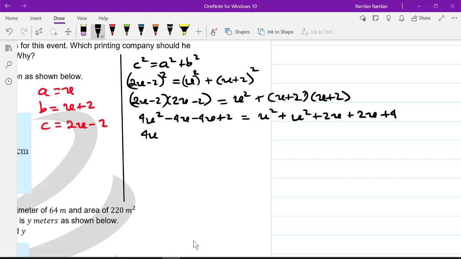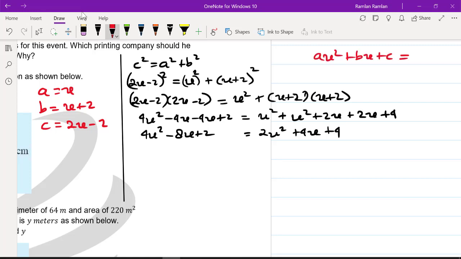So this one on the left side becomes like this, and then on the right side we have 2x squared because this one is 2x squared plus x squared, and then plus 4x, and then plus 4. Now in a quadratic equation, you need to write it in the form ax squared plus bx plus c equals 0, meaning that one side of the equal sign consists of all of the terms and the other is just 0. So let's move everything to the left side, right? So I will get